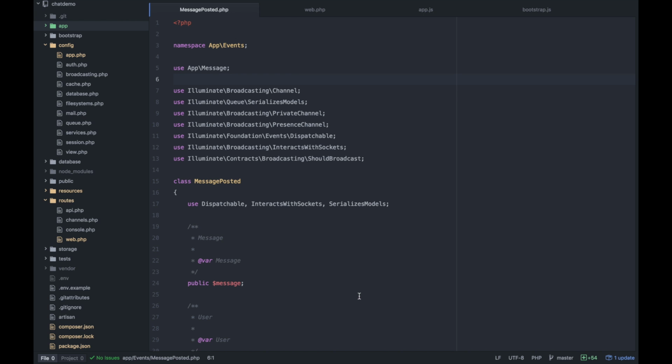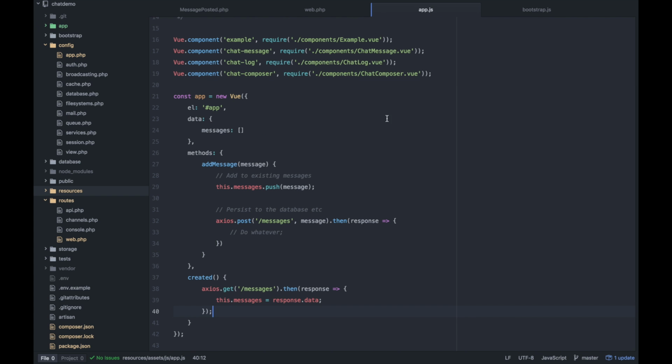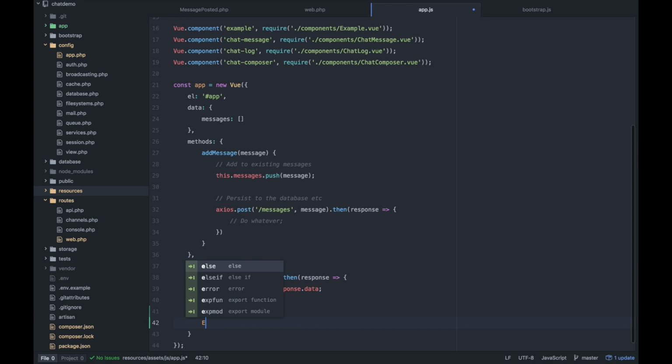Okay, so we've created our message posted event, and we've installed our dependencies, but now we want to get this working on the front end. So how do we get Laravel Echo to start picking up our events? Well, we can hop into our app.js file, and once this app has been created, we want to listen for events broadcast to a specific channel. Luckily, in bootstrap.js we set up window.Echo, so we can access Echo at the root scope there, and say